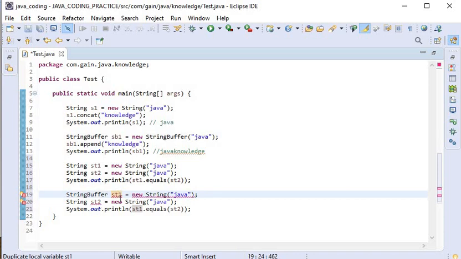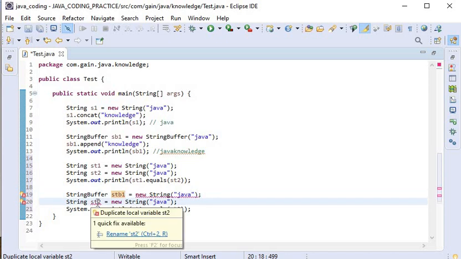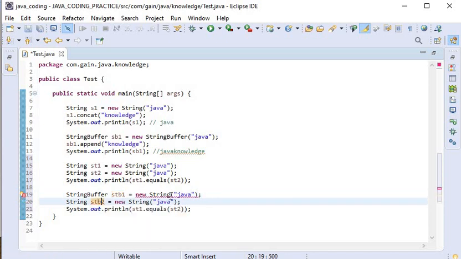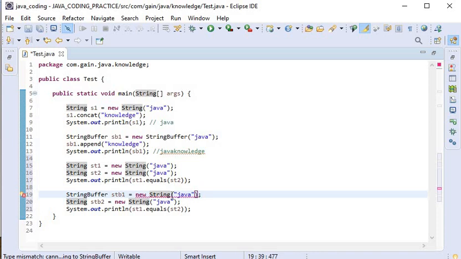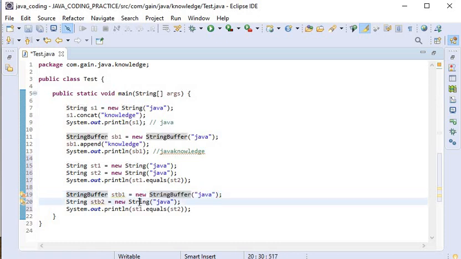So here stb1, and I have created one more object stb2 using the StringBuffer class.